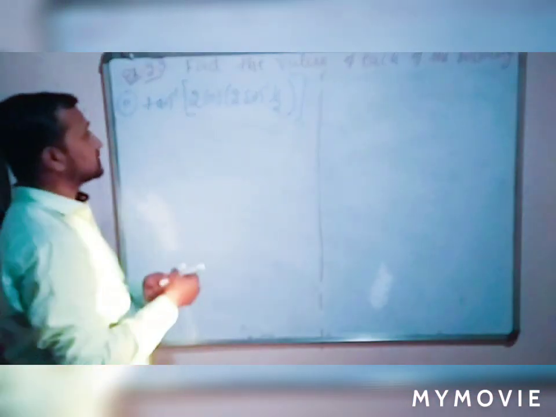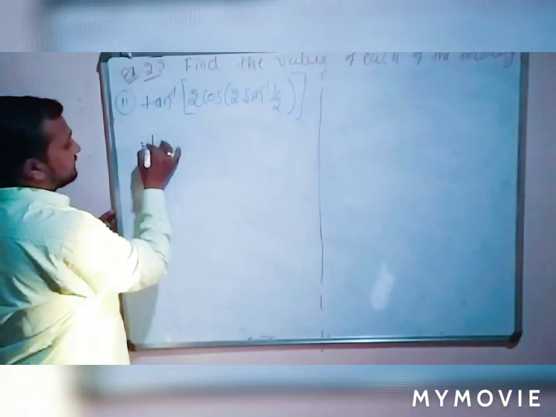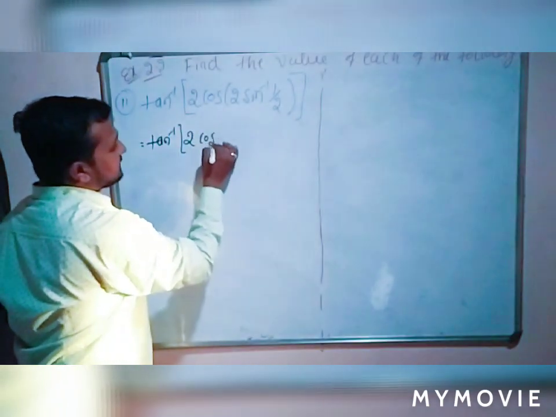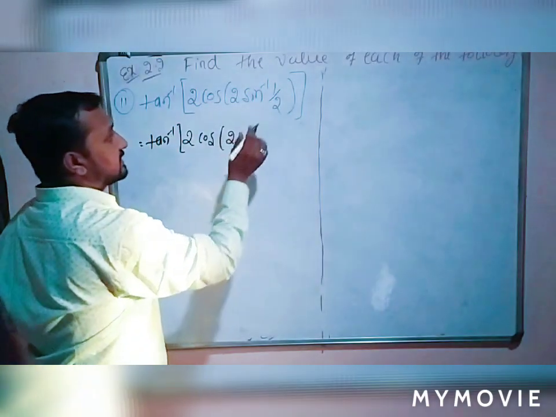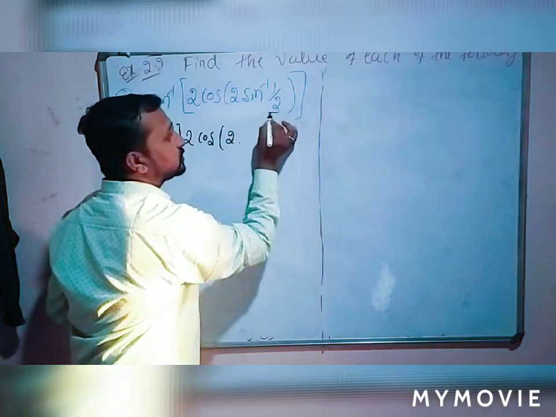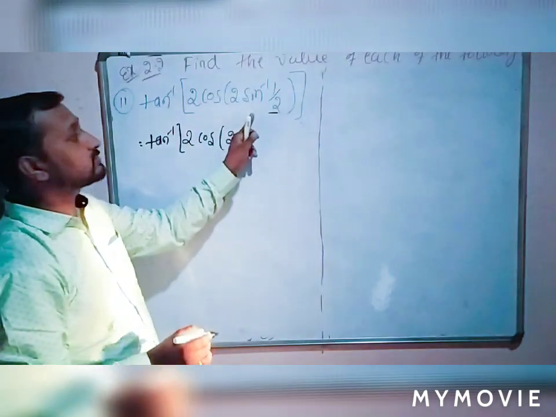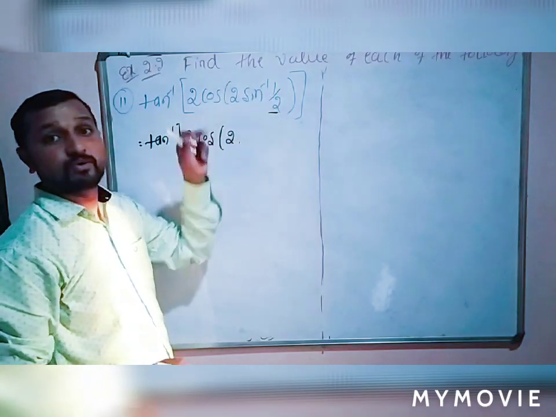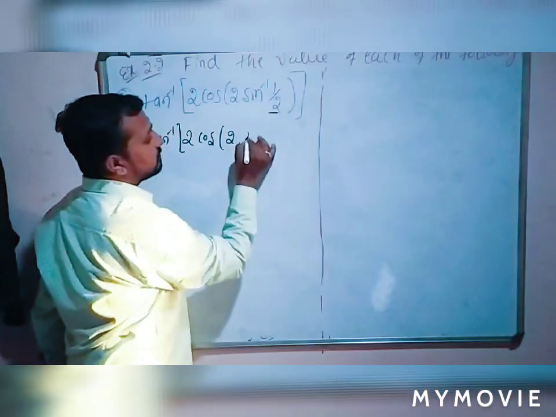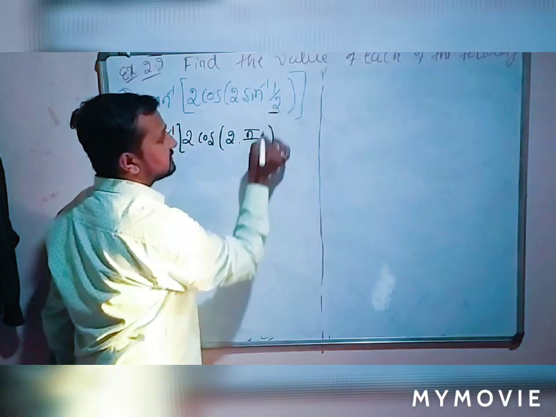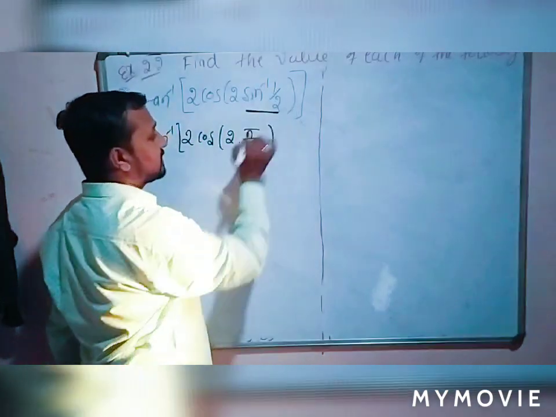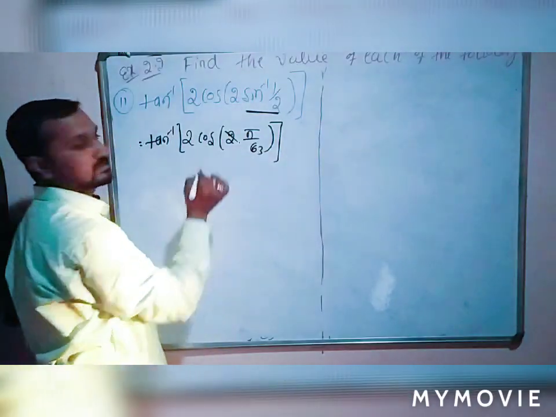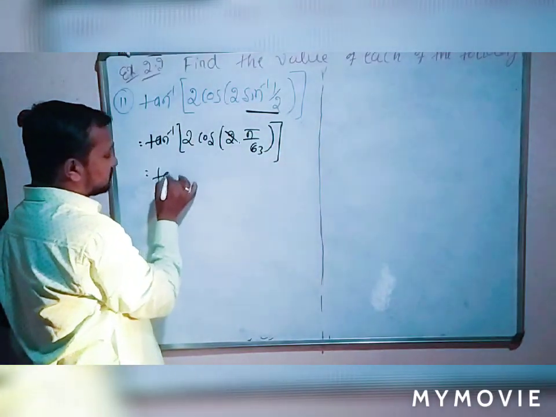Is that clear? So that is equal to, students, tan inverse as it is, 2 cos also as it is, in the bracket 2 into sin inverse of 1 by 2. In which angle is the value of sin 1 by 2? Pi by 6. Sin 30 degrees is nothing but 1 by 2. So the answer is pi divided by 6. Sin inverse of 1 by 2 is nothing but pi by 6. Is that clear? Remaining tan inverse of